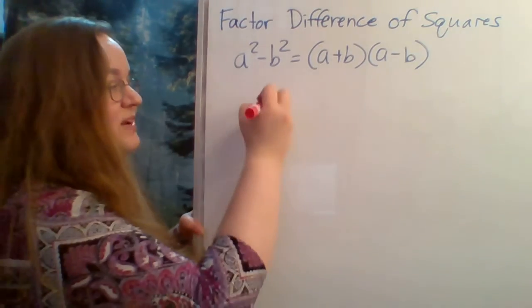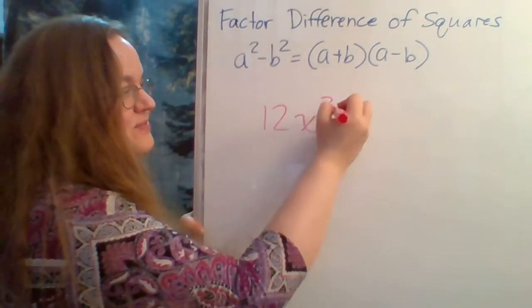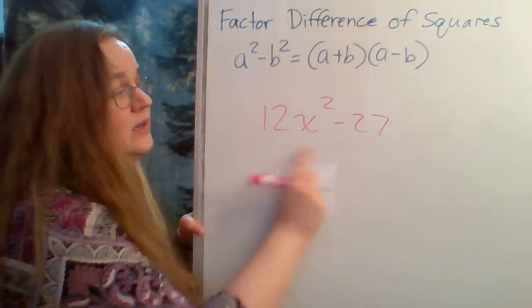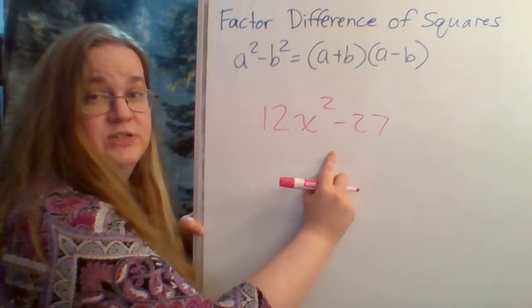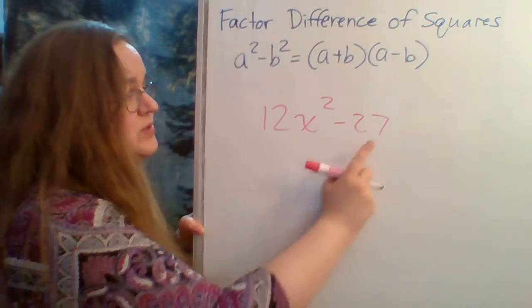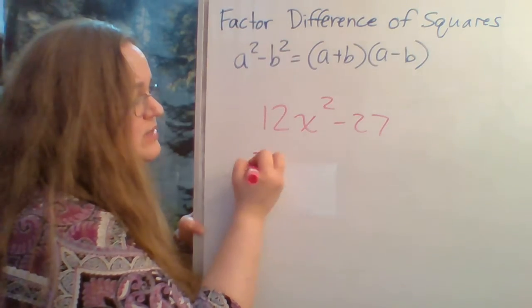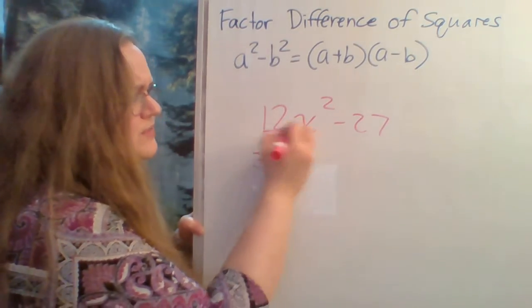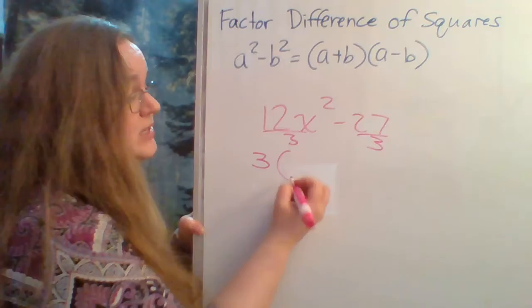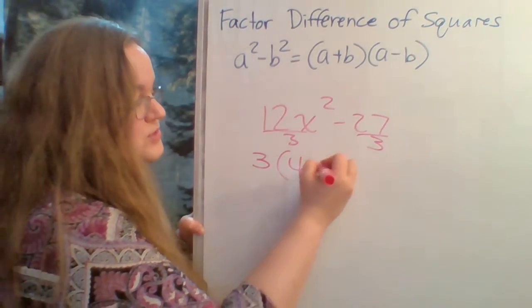Okay, where we have to factor out the GCF. I don't have variables to deal with, but I do have numbers. The number that goes into both of those would be 3. So if I divide by 3 and I divide by 3, 12 divided by 3 is 4, so it's 4x